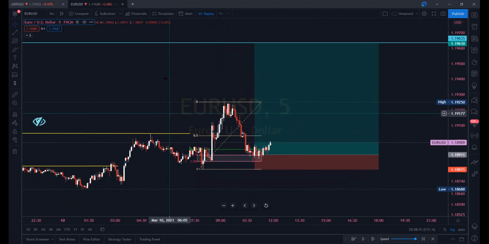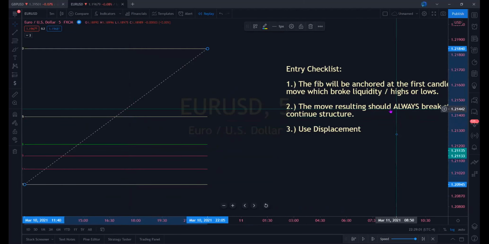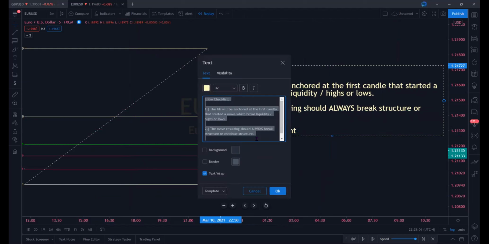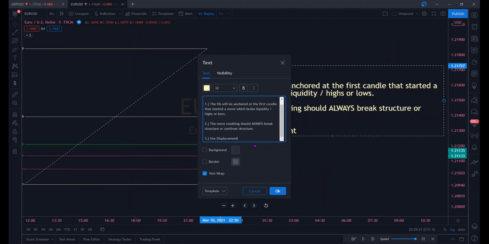So what does that mean by your session? How I use this is very simple. I use it for New York Open, right? You can also use it for London Open. You can also use it for whatever you'd like, but I use it for New York Open. However, that's going into a little bit of a sub-series, so I'm going to address that in a little bit, okay? So what we're going to do is the third rule for placing your fib: